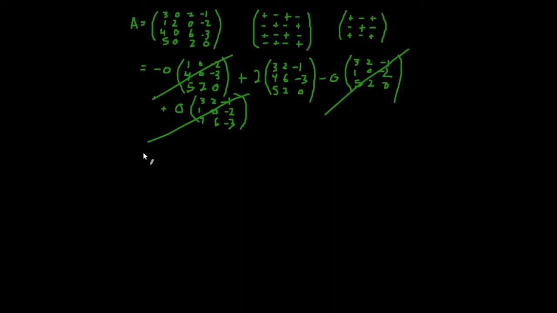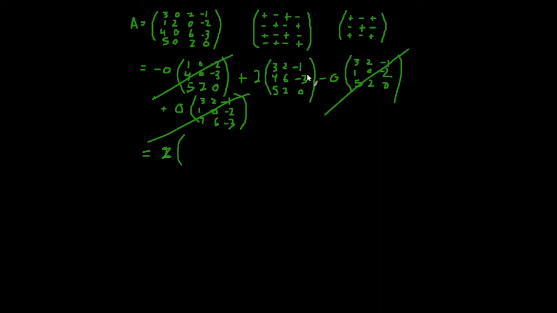So I'm going to continue. So it's going to be 2 times the determinant of this matrix. So what we're going to do is the same exact thing. We're going to pick a column or row with the most zeros, and so in this case we're going to pick this row right here because these are negatives and I don't want to deal with those. So we're going to have this 2 outside